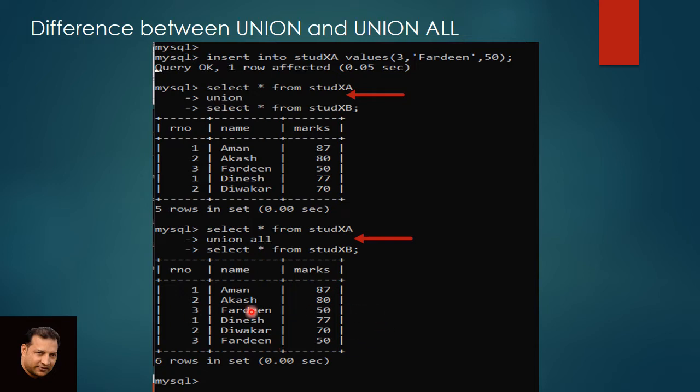As I told you earlier, I have already inserted this third row in first table, and this third row is same as third row of second table. So in union all case, duplicate rows will get displayed.